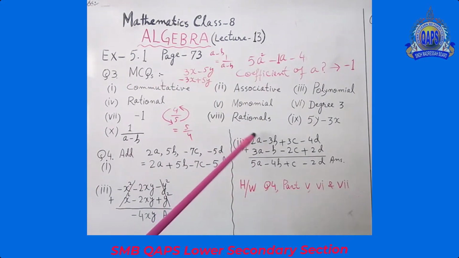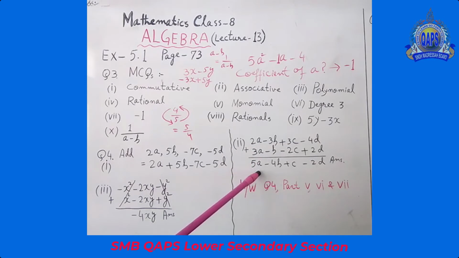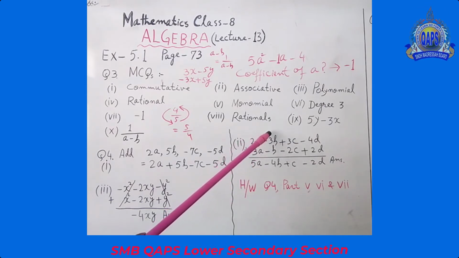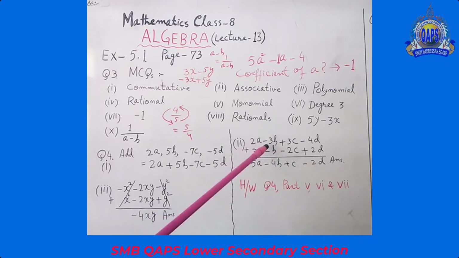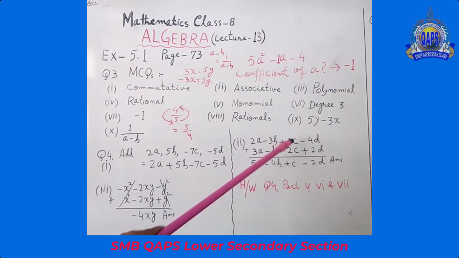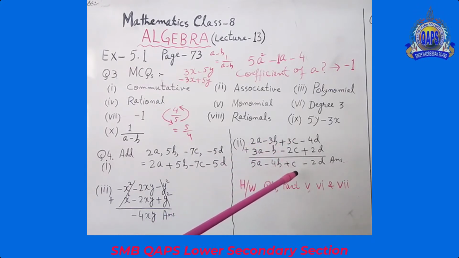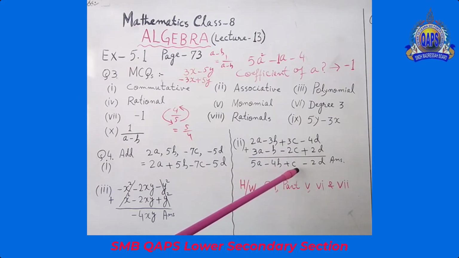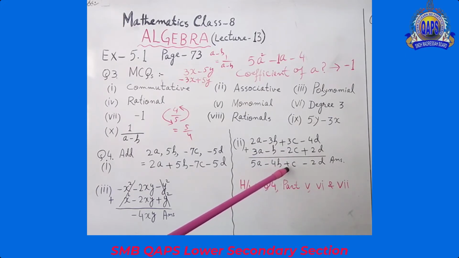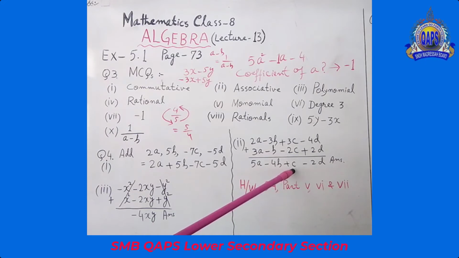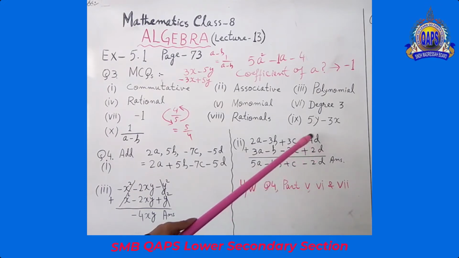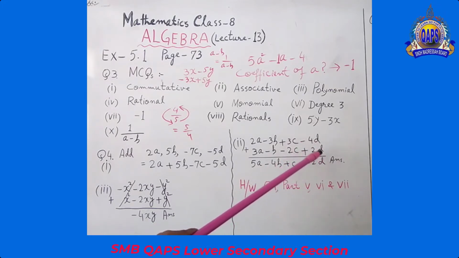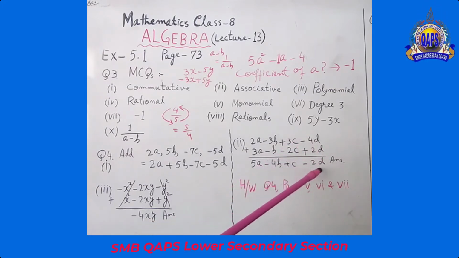So, 2a plus 3a, 5a. Minus 3b minus 1b. This is 1, so it will be minus 4b. 3c minus 2c, 1c. We don't write plus 1c, we write plus c. And it means plus 1c. Minus 4d plus 2d. It will be minus 2d. Answer.